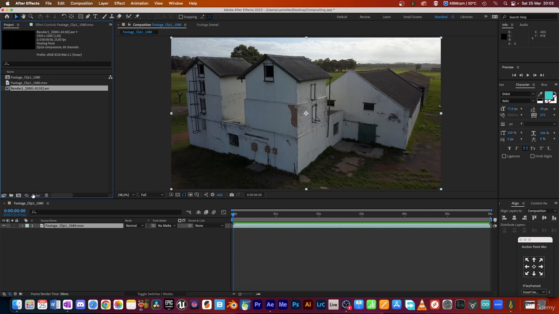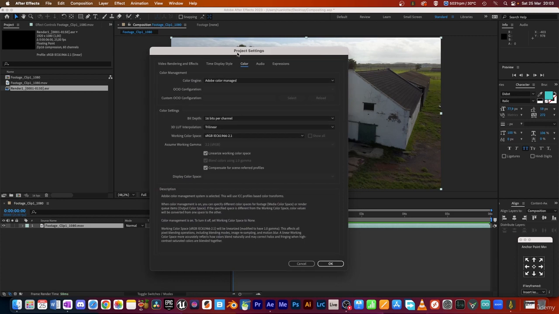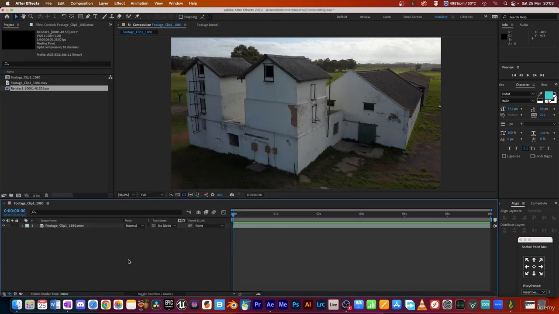Also you can see here that our comp is set to 16-bit, and this is also being set in the project settings. So you can see there it's set to 16 bits. There we've got our color space, and yeah, that's all you need to do. So now you are sure that your project is set up correctly. Go ahead and save this After Effects file or this After Effects project, and then in the next lesson we're going to